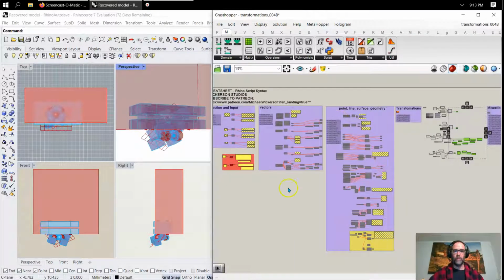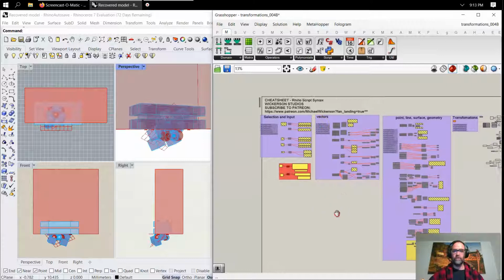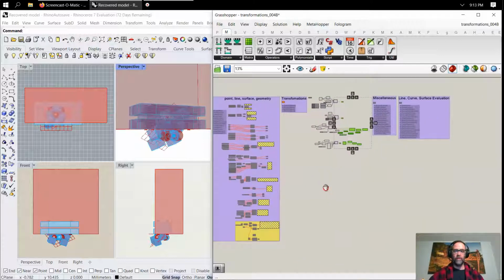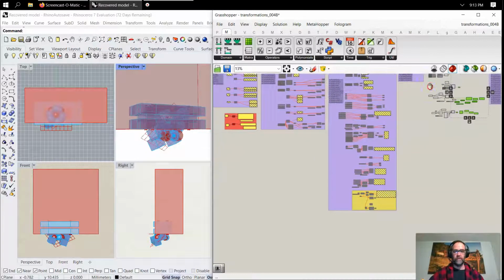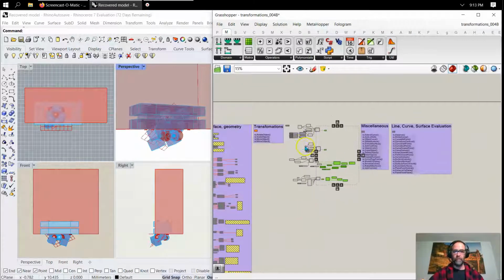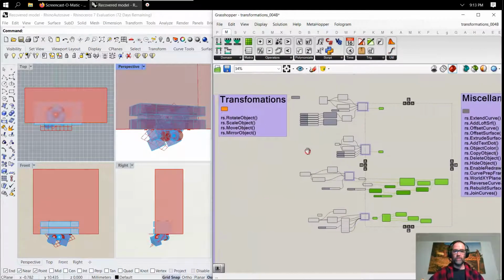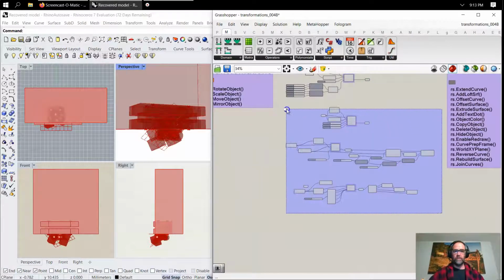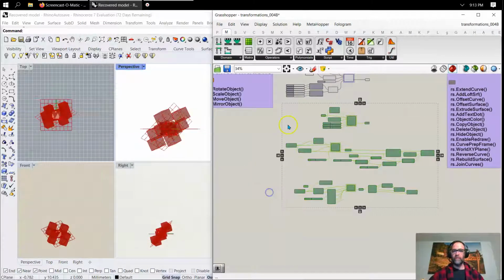And of course, we've gone through the point, line, and surface geometries, we've gone through the vectors, and we've gone through the selection inputs. This file will be worth grabbing because it's just a quick scripted thing that everything's working in, or pretty much everything's working. If it isn't, I put it in red, and I put it in yellow if it's kind of cautionary. So that's just a system I'm getting used to. So let's grab everything else here, and let's just turn that on to disable, and let's take a look at